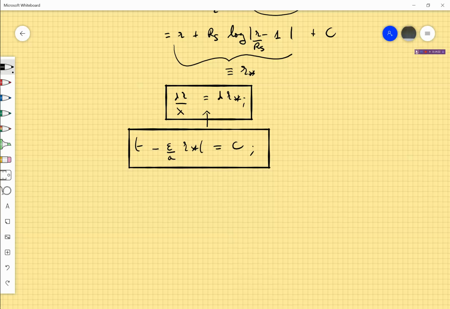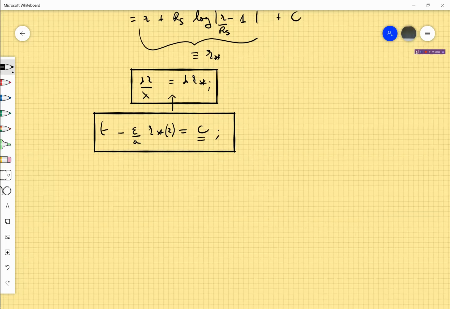Here this is to be understood as a function of r, this function which is written there. And the idea is that we will take two sets of null radial geodesics. Some of them will be directed towards growing values of r, and some directed towards decreasing values of r. We will call them outgoing and ingoing. We will use this integration constant to characterize them, and it will be promoted to a new coordinate, and we will have two new coordinates depending on whether we consider ingoing or outgoing